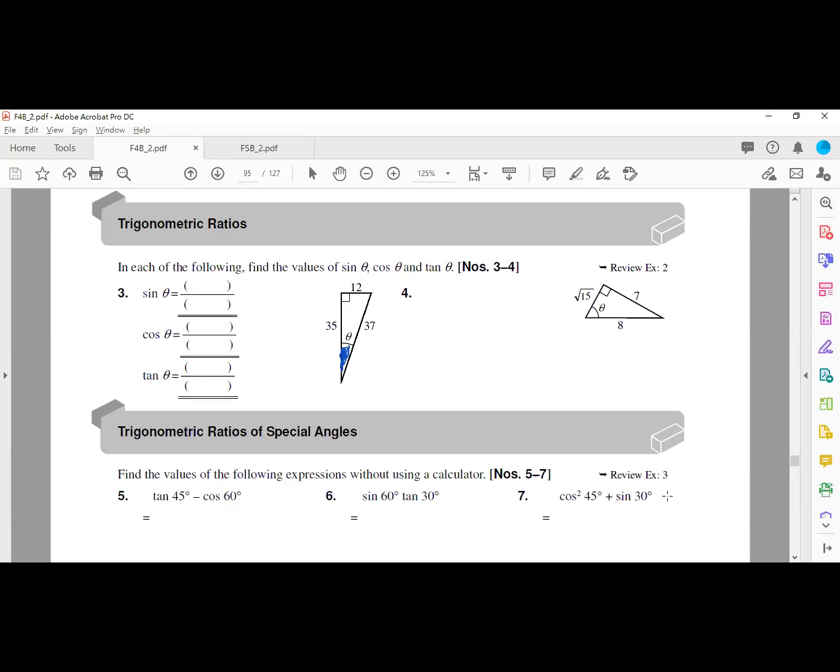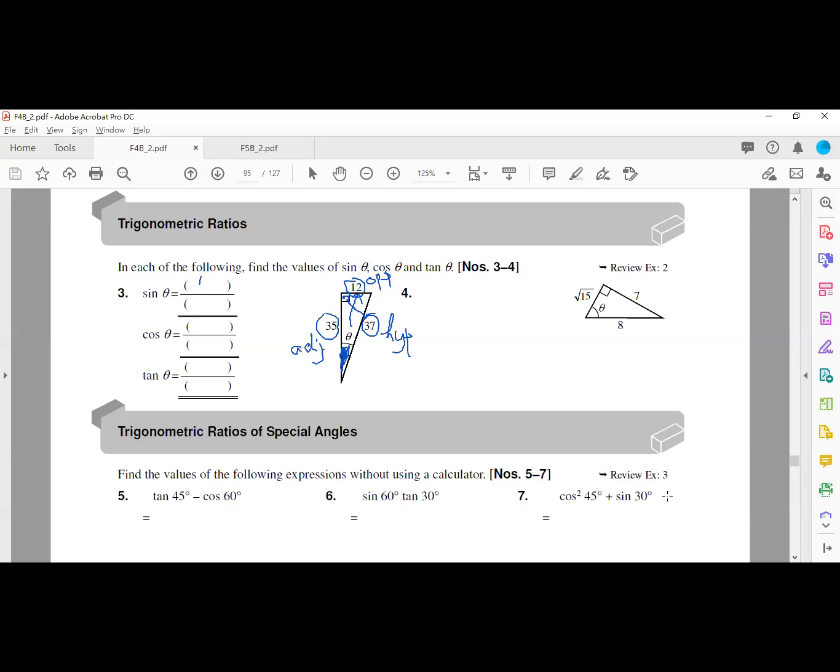Theta 望住邊條邊？望住 theta 對面嘅12就係 opposite。直角望住嘅37就係 hypotenuse。And then the other side 35 will be adjacent side。認到邊個係對、邊個係斜、邊個係鄰之後，我哋就對斜鄰斜對鄰咁樣咯。Sine theta is opposite over hypotenuse, so that